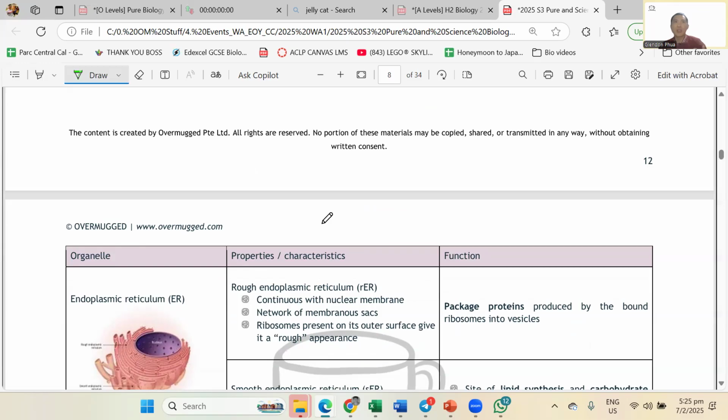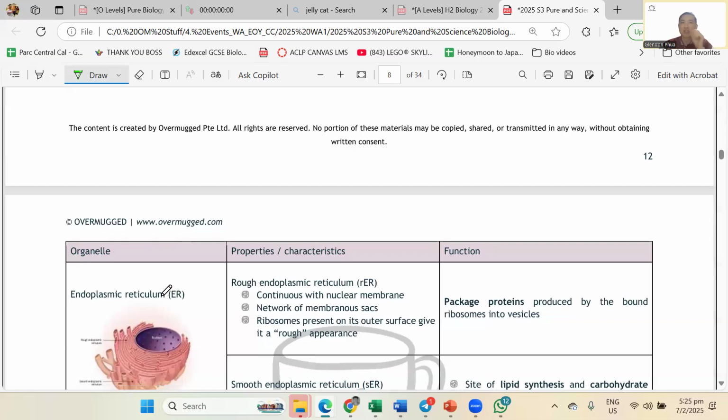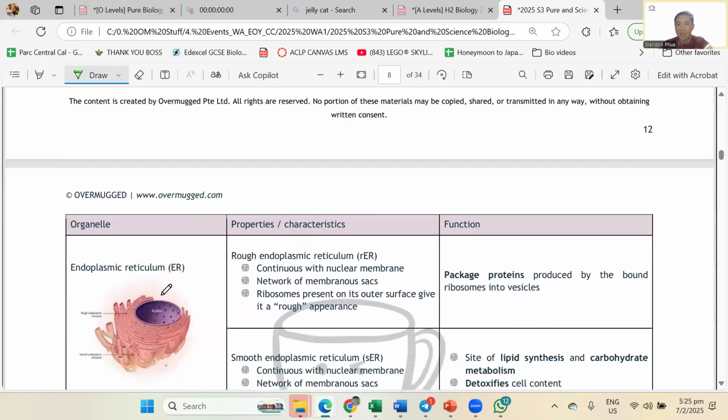No one's going to know to attend the concert if we don't know the dates, the prices, and the venue. So Taylor Swift will have two people to help her: her marketing team and the ops team. And that is the same thing as your endoplasmic reticulum. As you can see in the picture here, the ER is beside the nucleus, so they are very important to the function of the nucleus. Same thing: Taylor Swift's marketing team and ops team are very important for a concert. They are directly connected to her, very close.